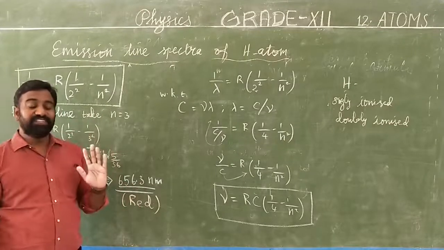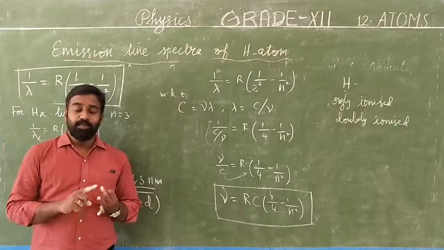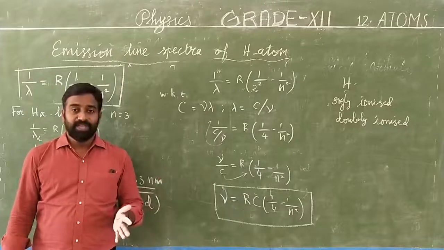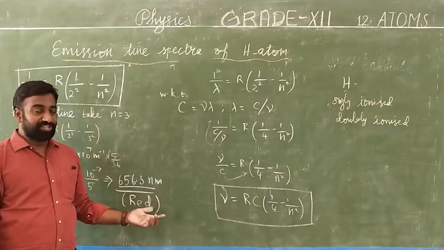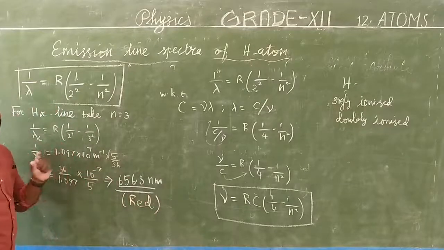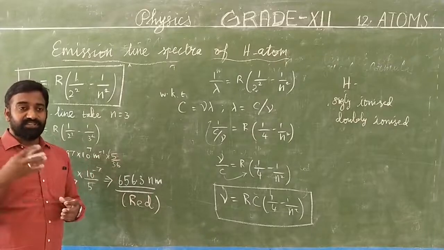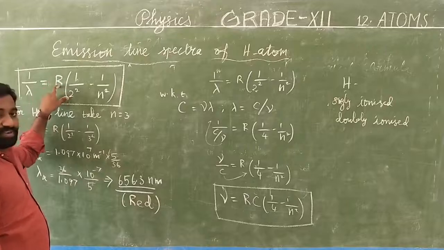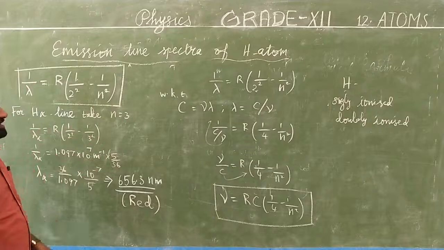Actually, we have five sets of hydrogen spectral series. They start from Lyman, Balmer, Paschen, Brackett, and Pfund series. The Balmer series comes under the visible region. So how to find it? He used a simple empirical formula. Some derivations he obtained, and from that he reduced the formula. So this is the final formula. How the Rydberg constant comes, we are going to see in the next class, after the atomic models.